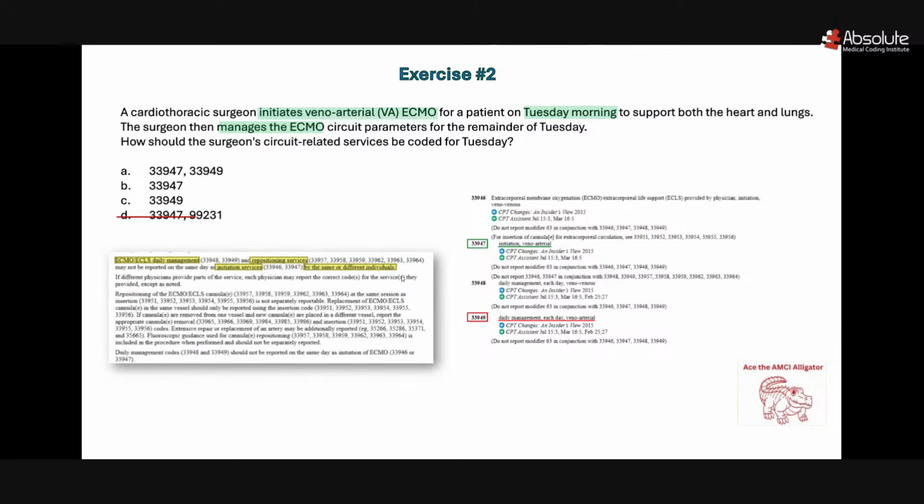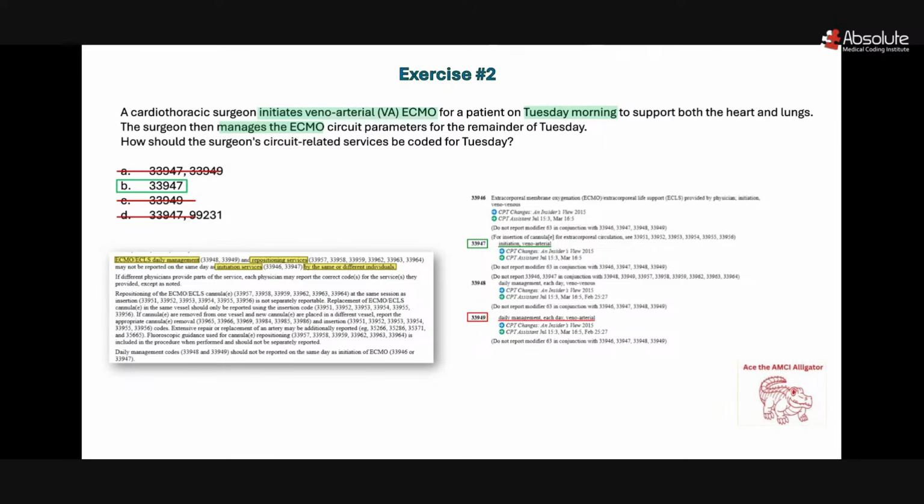But you know what, coders, there's a guideline attached to this one, right? Yes, the guideline which I showed towards the end of the lecturing part: ECMO daily management and repositioning may not be reported on the same day as initiation services by the same or different individual. So if daily management and ECMO repositioning services are done on the same day as initiation, you will only code for the initiation code. That's why option C is incorrect. Option A is incorrect; it is coding for both initiation and management. The correct answer would be option B,